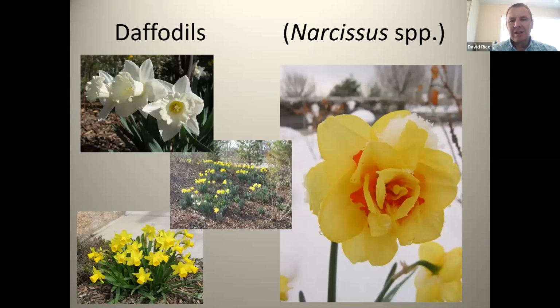Daffodils, also fantastic. Now, it used to be daffodils were always just yellow. You had a yellow daffodil and you had the old-fashioned red tulips, and that was kind of it. Now there's every color of daffodil. You've got pink ones and white ones and yellow ones and mixed orange ones and all kinds, multi-ruffled, daffodil cups,